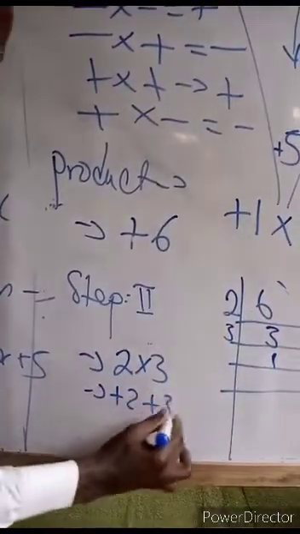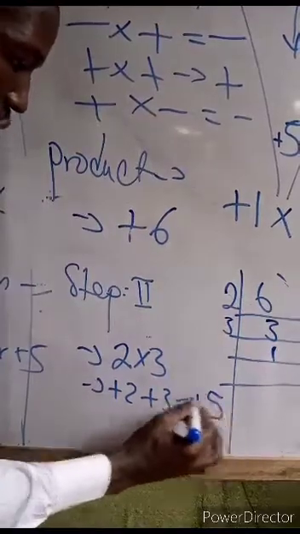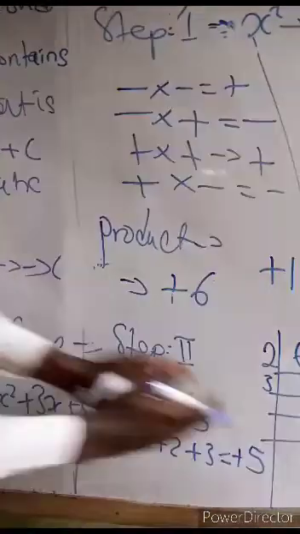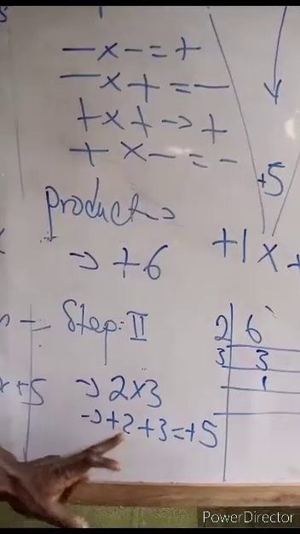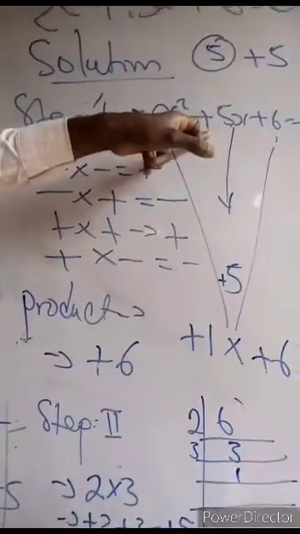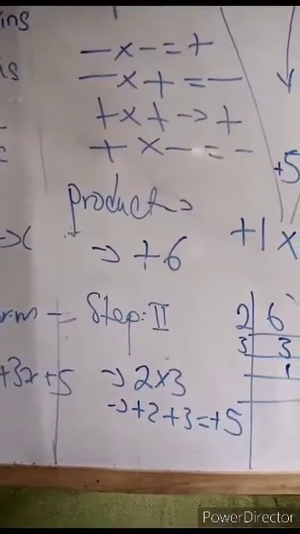What do we do? Plus 2 plus 3. Psychologically, plus 2 plus 3 is going to give us plus 5. Mathematically, it's going to give us 5. If the sign at the middle is minus, I would have used minus 2 plus 3. That wouldn't have given us 5. But the sign here is positive, and the 2 factors have to be judged. So I've gotten plus 5. The next thing I'm going to do here